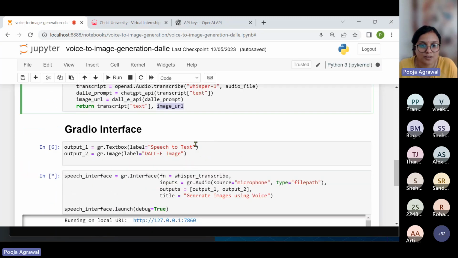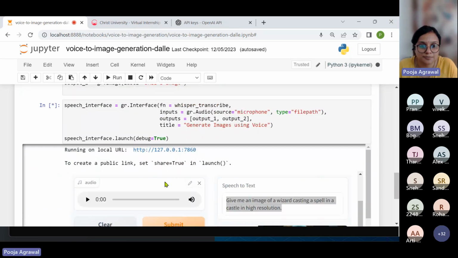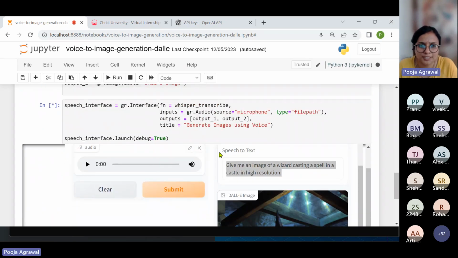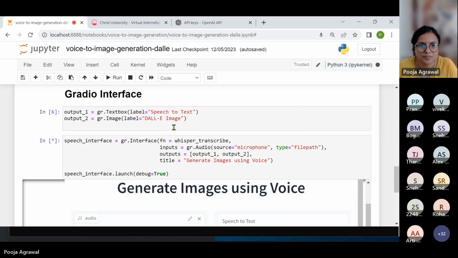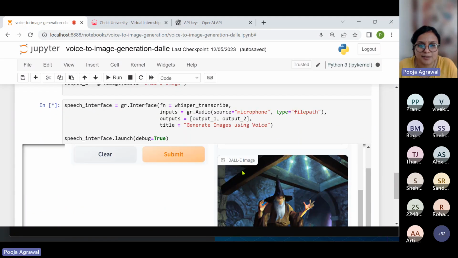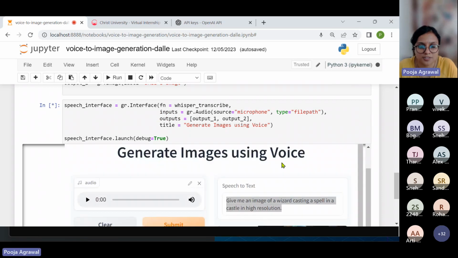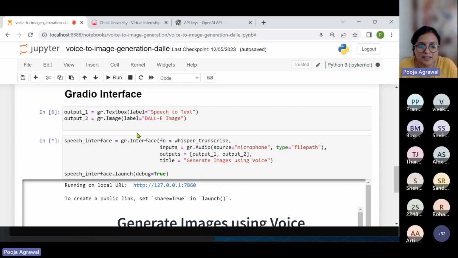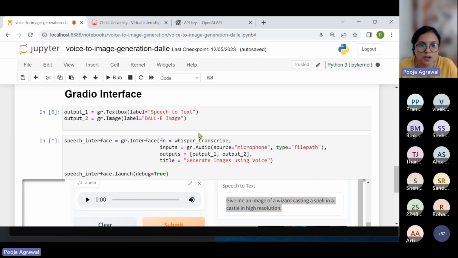Where do they go? So when we come to the Gradio interface, first of all, you get the speech to text, and then you get the DALL-E image, both these boxes here, right? Those are the labels for these two, the text box and the image box.